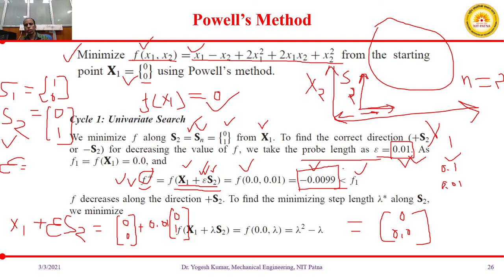In that case, what you will do is move in the opposite direction. Instead of the positive side, you will choose this sign as negative in the next step. Then you need to calculate f minus. So in either side, you will at least get some minimum value, either in the positive direction or the negative direction.